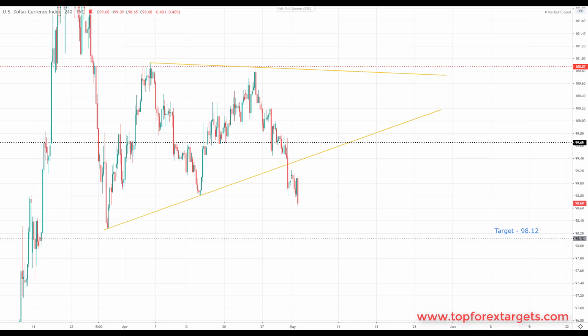As always, we're going to start off by looking at the US dollar index and crude oil before running through a number of markets, looking at the key levels of support and resistance in the process. I'm also going to be highlighting some of the targets that we're going to be looking for in this coming week and also for the weeks ahead.